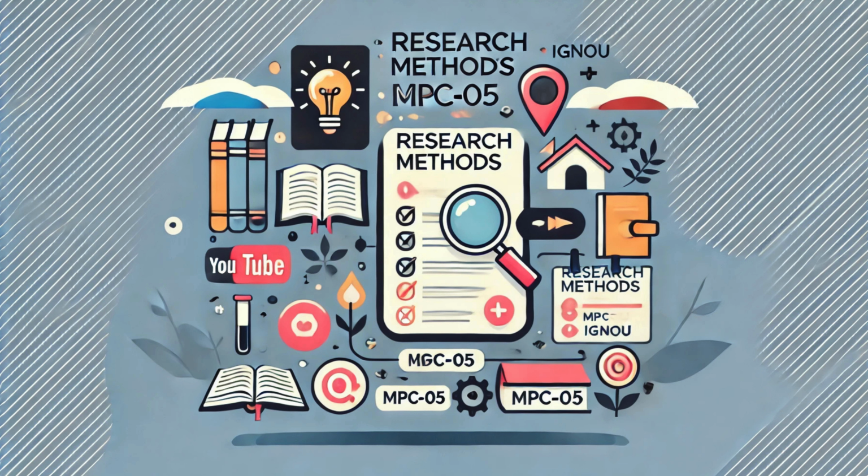Perfect analogy. And just like a detective interviewing those witnesses, a researcher conducting a case study would use a variety of methods to gather information. Like what kinds of tools do they use? Interviews are a big one, of course. Talking to the students themselves, their families, maybe their teachers. But you might also look at school records, conduct observations, or even give surveys to students, teachers, and parents. So it's a multi-pronged approach, drawing on different sources of information to get a complete picture. Exactly. You want to be as thorough as possible, just like a good detective.